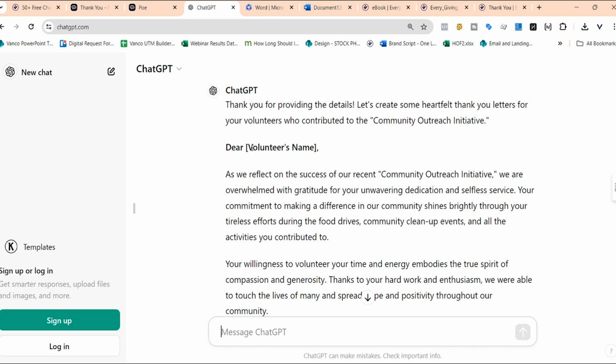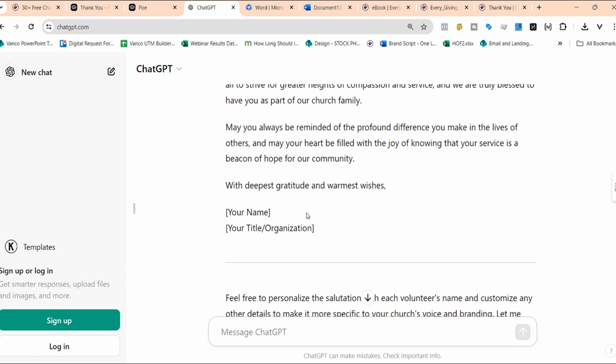All you would need to do for each volunteer is enter in their name. You don't need to put their name in, but adding that can just show you put a little bit more effort and thought into your thank you. And it shouldn't take too much longer to create multiple versions with different names in there. The AI also includes a space for your name and title. You should also include a space for signing your name. If you hand sign the name, it'll show that you gave a little bit more extra thought and appreciation to